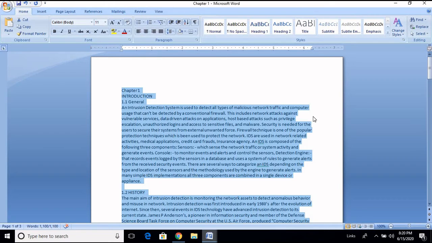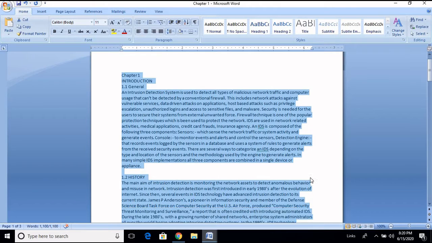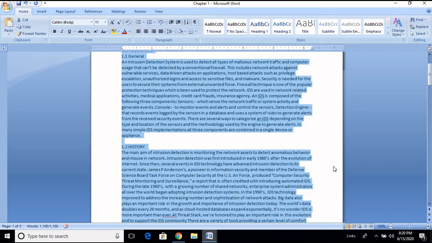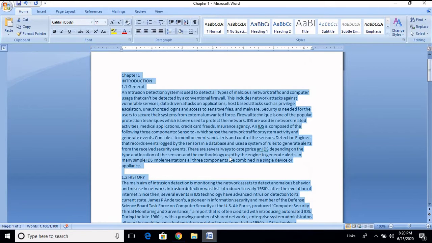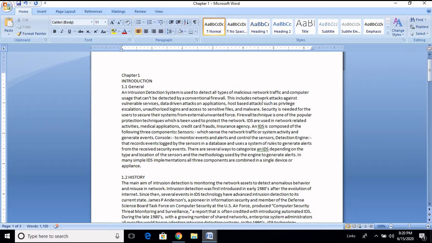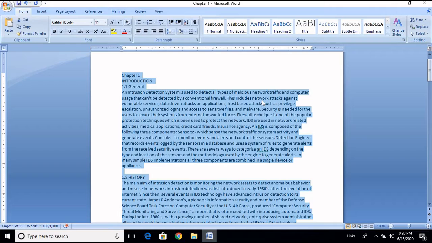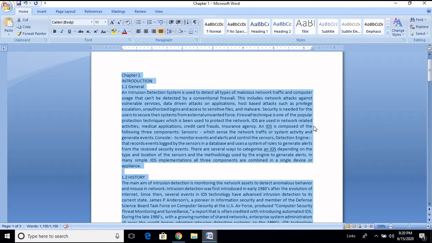After this, here in the end you can see it has not been aligned properly. So what you will do is, already you have selected the whole document. Even if you have not selected, again use Control A to select everything and click this button, which is nothing but Justification, or else you can use the Control J shortcut. Click this. Now you can see the text has been aligned in a proper way. So with this, paragraph alignment is also over.